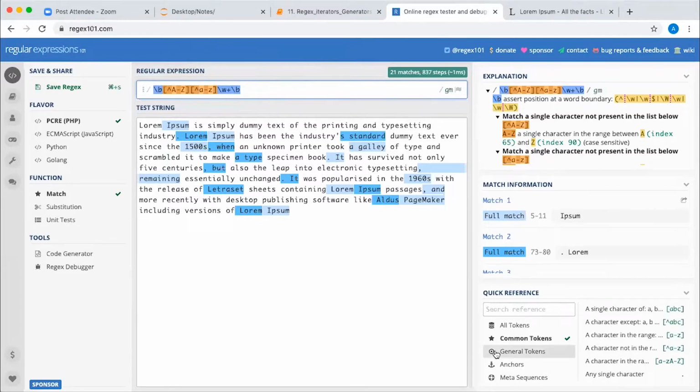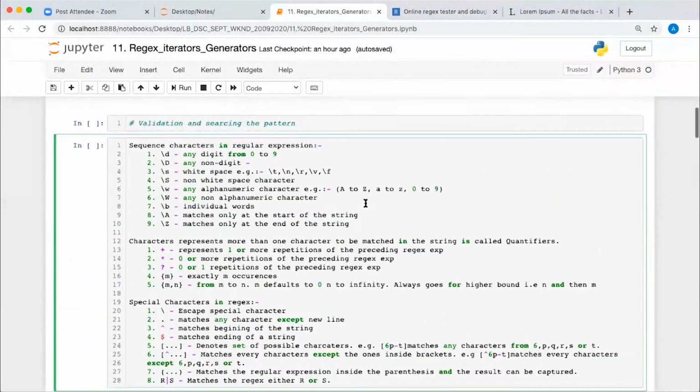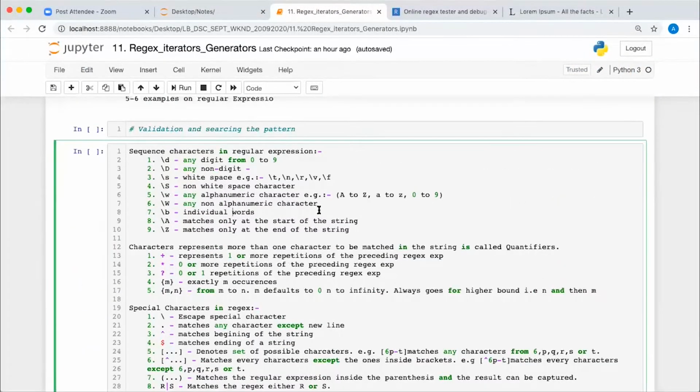Abhishek, one question. Consider this example of the word industries. Many times we want to search in the words, but those words can contain some special characters. Generally, how we give in the end is \w plus, so a word with any number of characters, 1 to n characters. If our requirement is 1 to n characters, including some special characters if they are coming in between, is there some way we can include special characters? We can use this one, non-alphanumeric character.